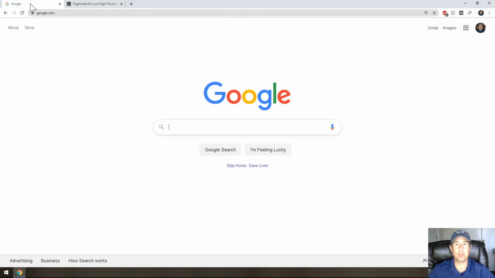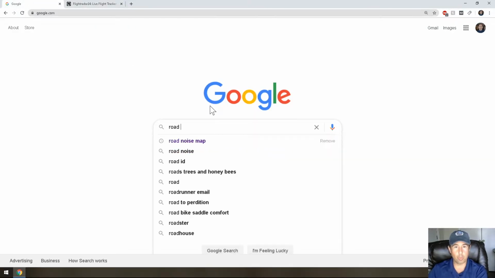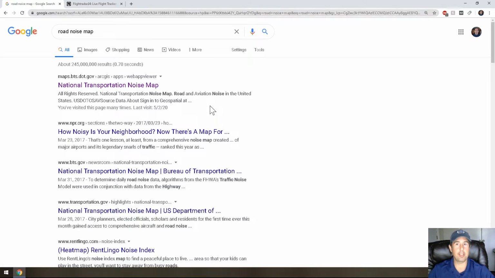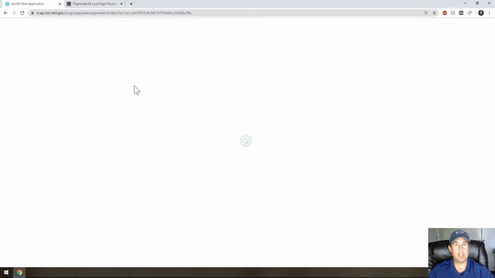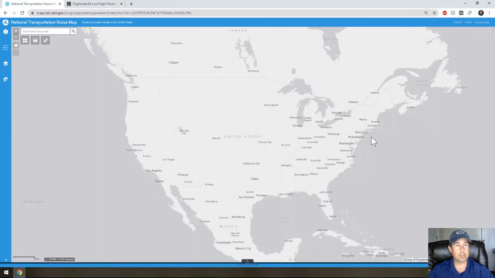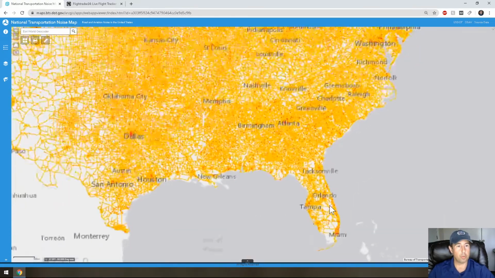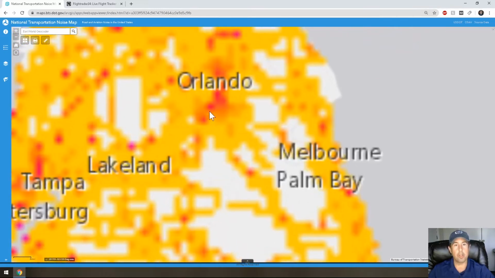If you go to, say, Google, and you just put road noise map, that's the easiest way I know to tell you how to get there. It's the National Transportation Noise Map. And this is great because it shows what's considered noise. Noise comes in this map from roadways, big and small, and also airports. So again, if I were to zoom into the area I live in, just north of Orlando,